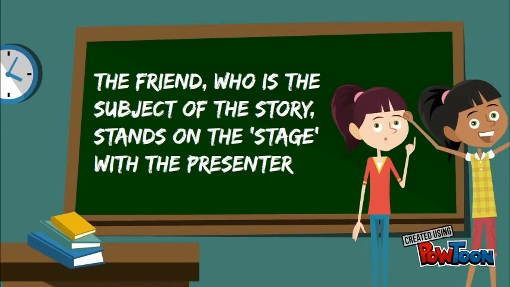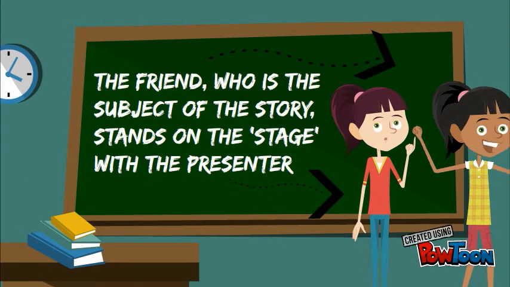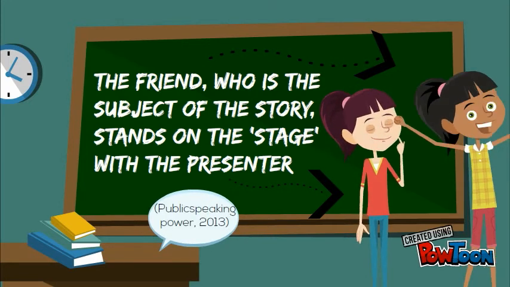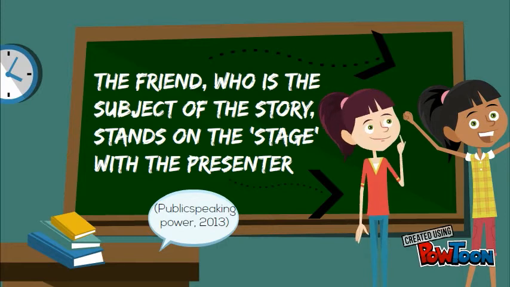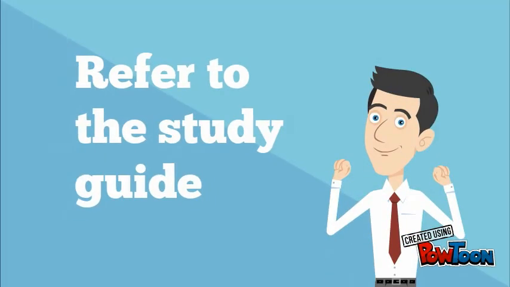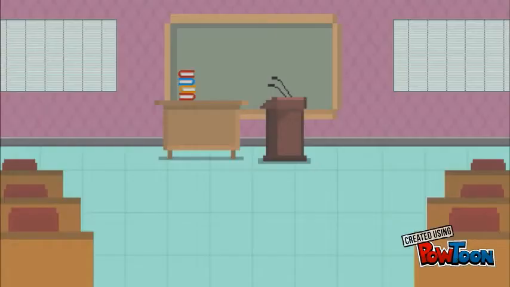At random, students are selected to present their friend's fictional life to the class. The friend stands on stage with the presenter acting out their life. Students thoroughly enjoy this game because it allows them to be creative, have fun and work with a peer, all while practicing their voice projection, eye contact, gestures and increasing their confidence. Refer to the further readings in the study guide for access to the full list of 5-minute skits.